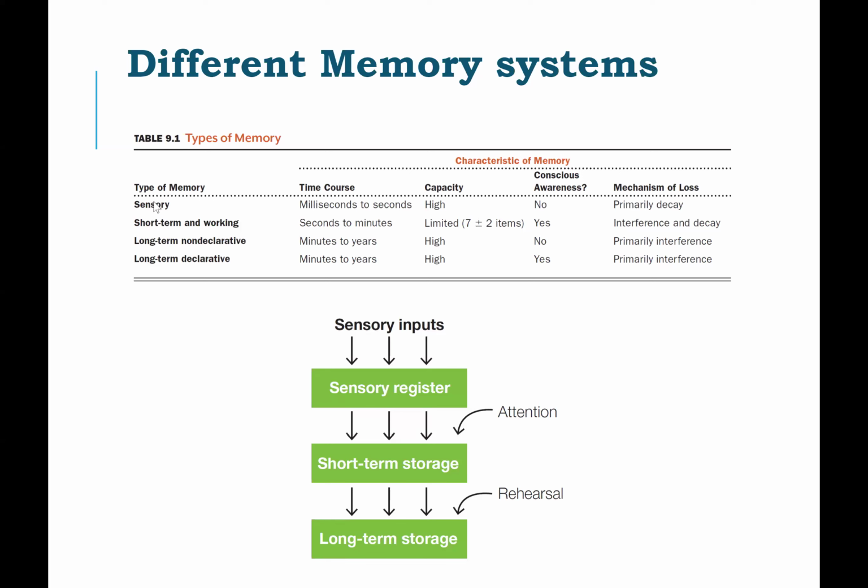So sensory memory is basically what your sensory modalities are experiencing from the world, and it's very short term. It has a high capacity in the sense that when you look at an image, you are processing it in parallel. So your sensory memory of that image is high capacity, a lot of things at once.